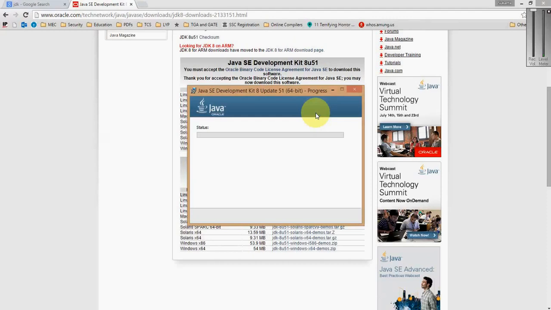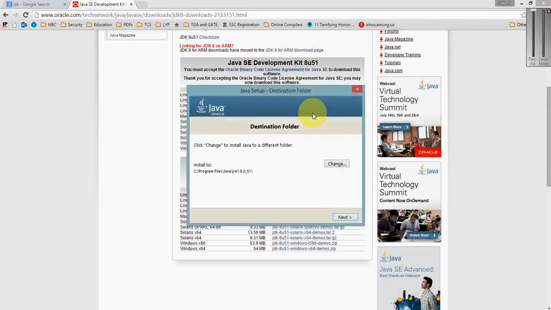It is taking so much time, so wait until it's done. Now we are done with JDK, and now we are installing JRE, that is Java Runtime Environment.